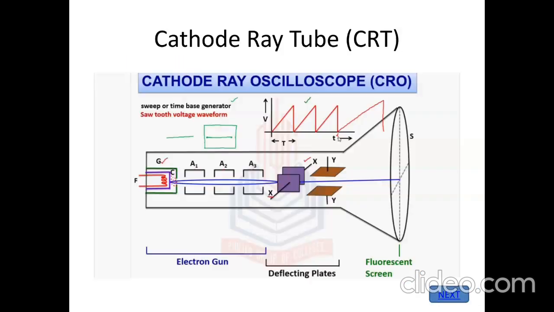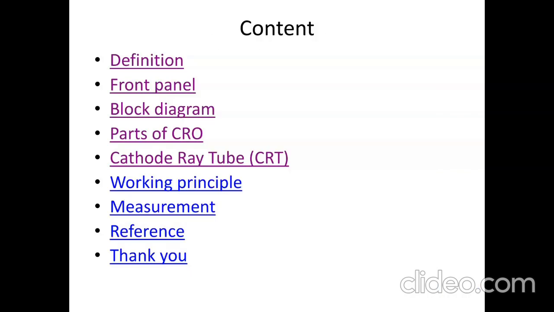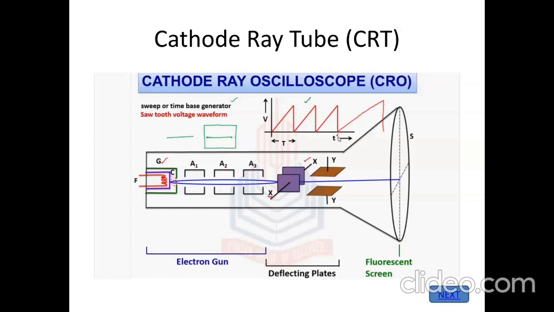This electron gun consists of these particular things. In this diagram, if this is your whole circuit, the electron beam in this cathode ray tube will be given from F, and from there my electrons are passing through my control grids. A1, A2, A3 are control grids, acceleration grids. These are nothing but your grids where my electron beams are passing through.